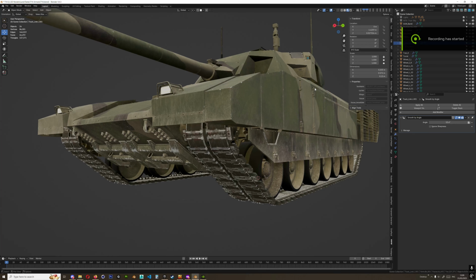Hello, this is a quick rundown on how I make tank tracks for my tanks or armored personnel carriers that have tracks. Previously I used to make just a simple mesh with the alpha maps and UV mapping, just to be used in the game engines to shift the UVs to animate the tracks, to make it visible as if the tracks are moving, but it's